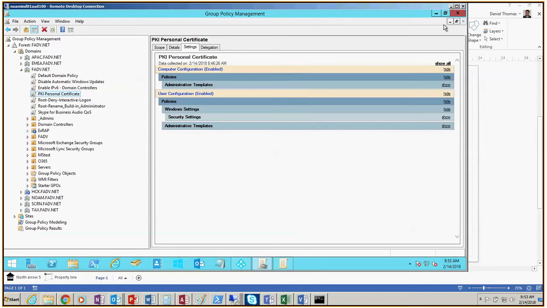Is that correct? Basically, what we have to do is add all of the VDI computer accounts. Whether it's a terminal server, it still has a computer account in Active Directory to the group. Then the group policy will apply to those servers only. Then you have to add the VDI user to the user group, and that user group allows them to request a certificate, number one, and number two, it also assigns them to multi-factor authentication